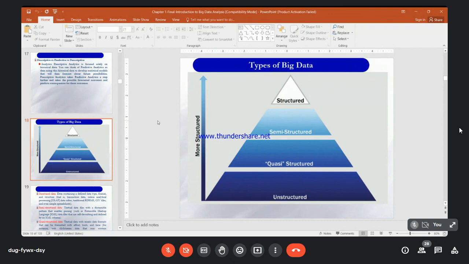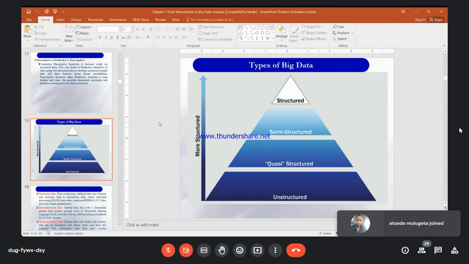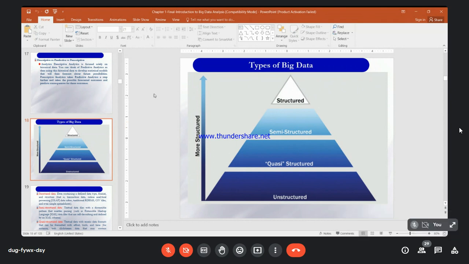Especially, as I told you, data is increasing exponentially, because the interest of people is increasing now. The number of people also is increasing now, so that it becomes very difficult for managing that. So there is structured, semi-structured, quasi-structured, and unstructured data.